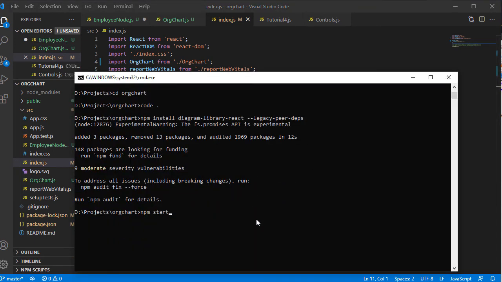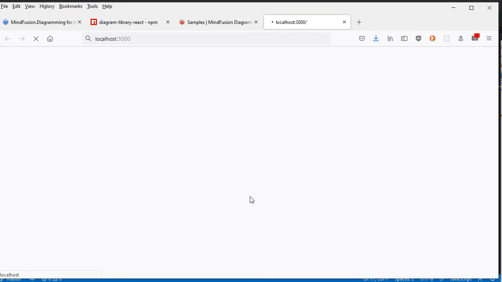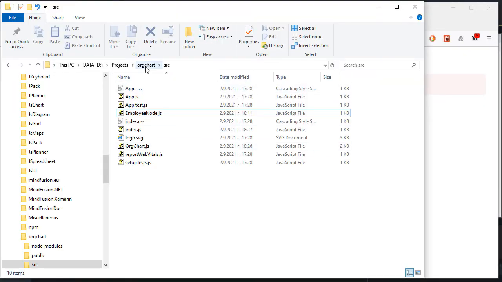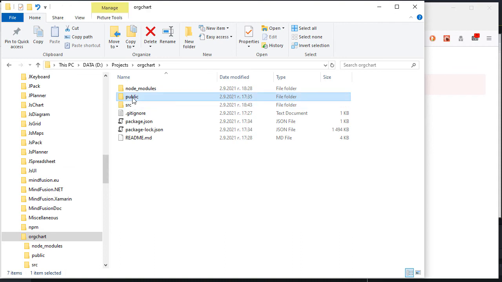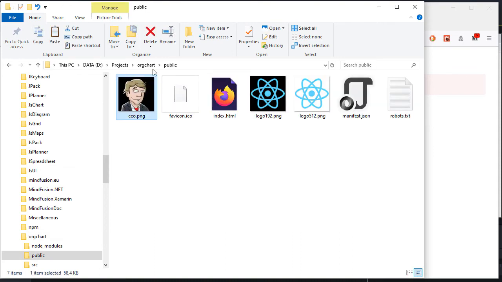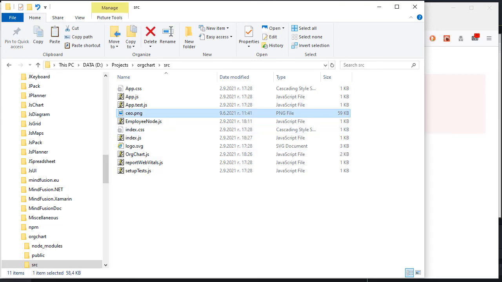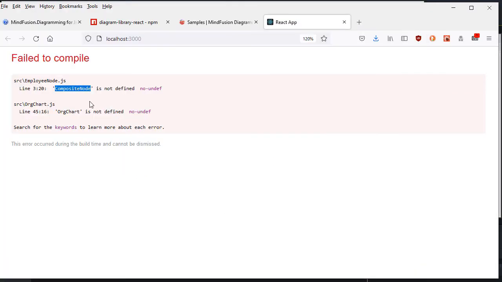We run npm start. We see an error about the CEO image. Alright, we'll copy it in the src folder. Now we get an error about the composite node class.